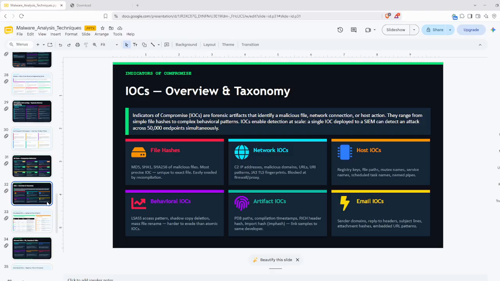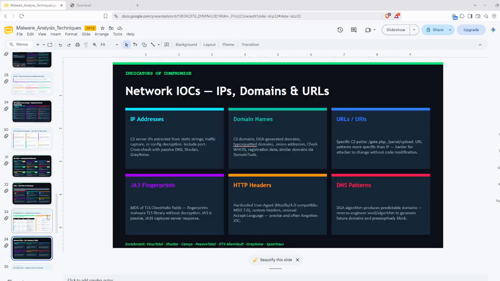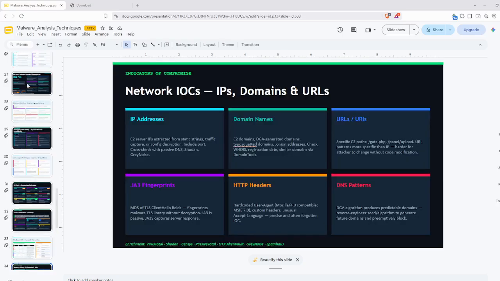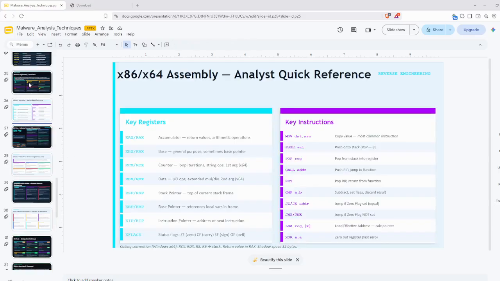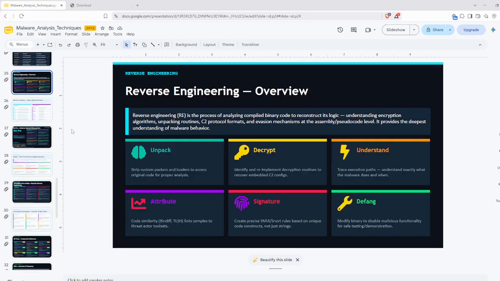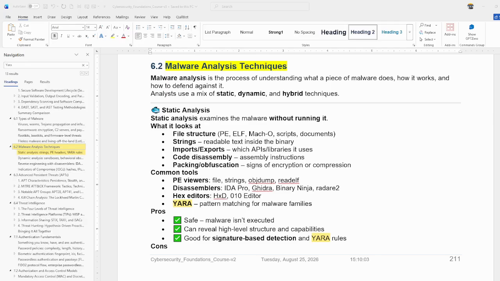These are indicators of compromise. File based. Okay. So we will go ahead with the reverse engineering part. Okay. So let me open our content.